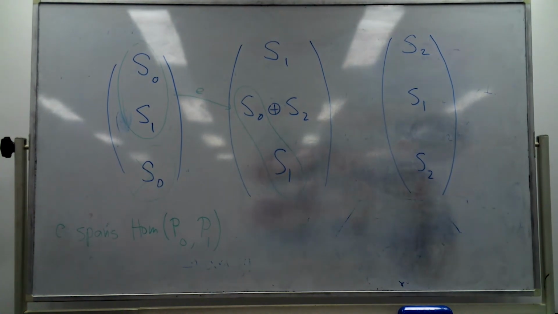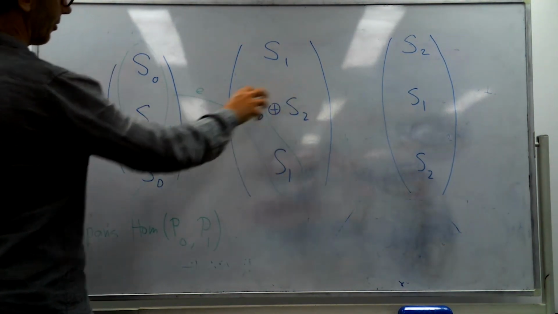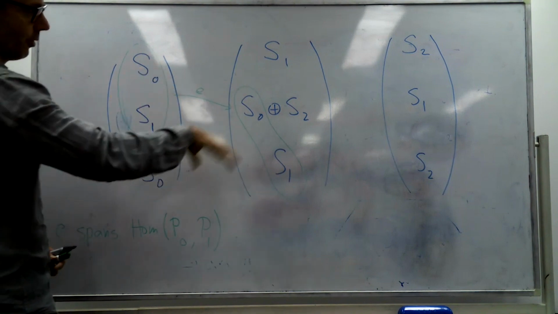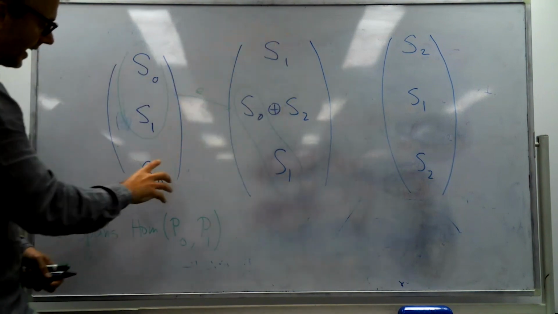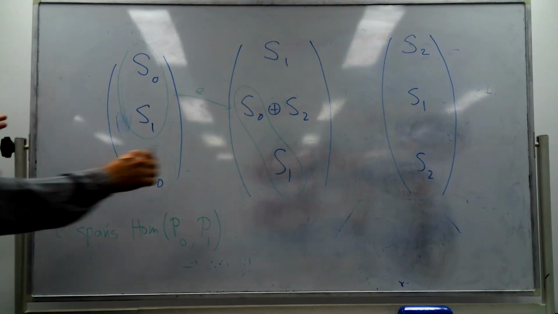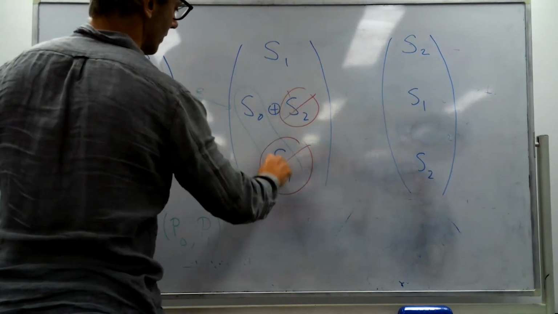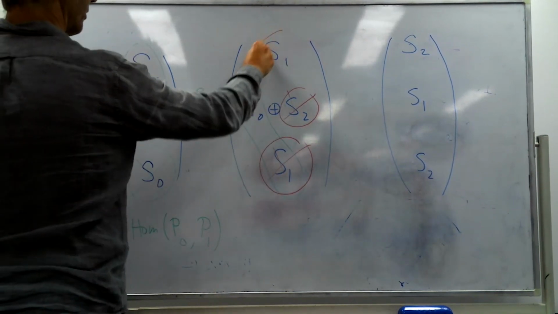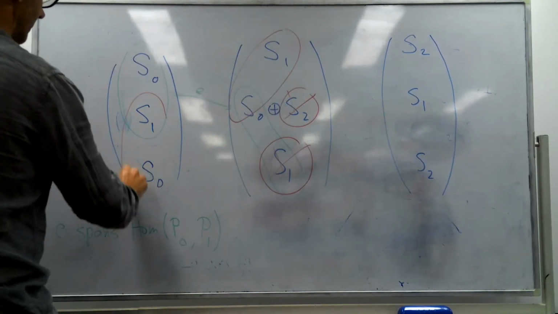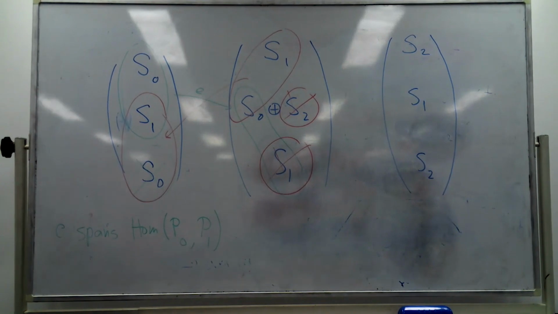And now, if you think about going back, there's also only one way. I have to kill this S1. This S2 doesn't occur here at all, so it has to die. So this bit here has to map into this bit here. So I have another map here, which kills these two things and maps this bit down to this bit. And this F